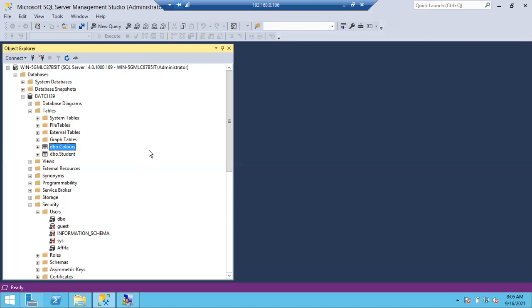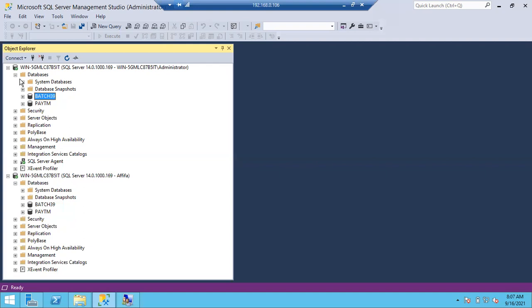We can give access at table level and at database level. We can give permissions at server level, database level and table level. If she wants read access, we can give read access. Write access will give write access only. It won't automatically give read access. So in this way you can give access to any login on any database. Clear, guys? Any issues, any doubts?